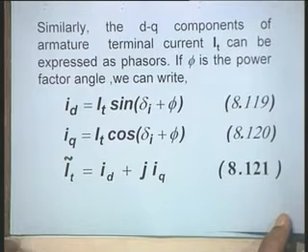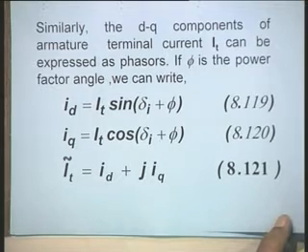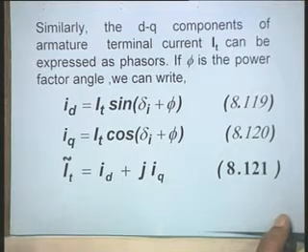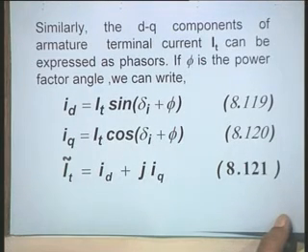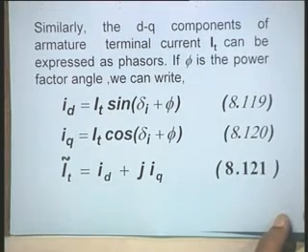Now, one small exercise which is an important exercise to be done is to establish the position of d and q axis with respect to the terminal voltage. That is, I know the terminal voltage, and with this terminal voltage as phasor I have to establish the position of q axis. If I establish the position of q axis, I can automatically get the position of d axis. Now, to establish this,